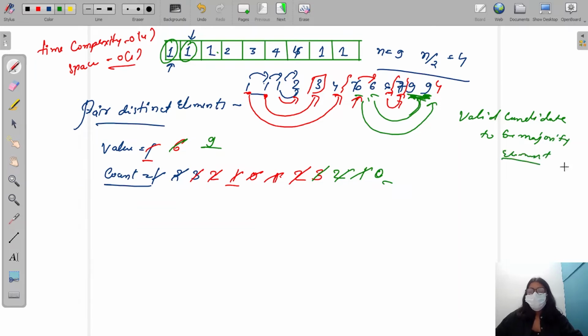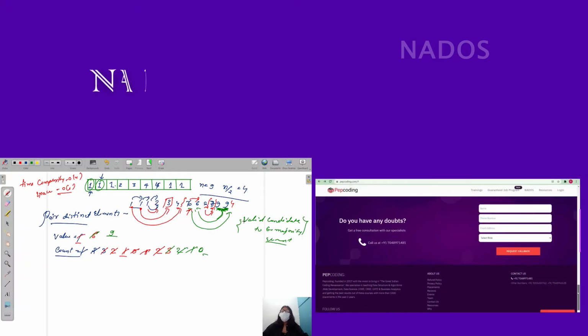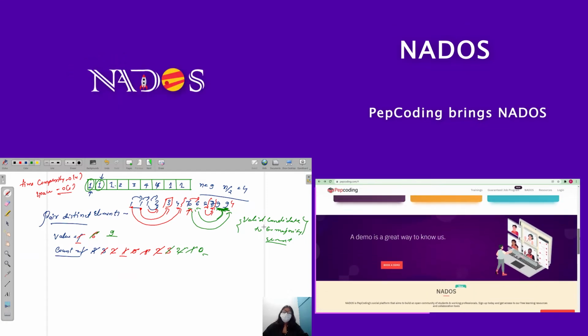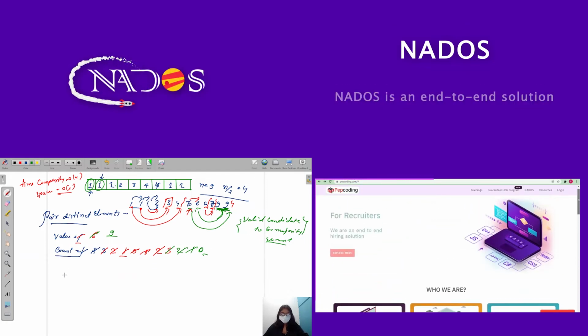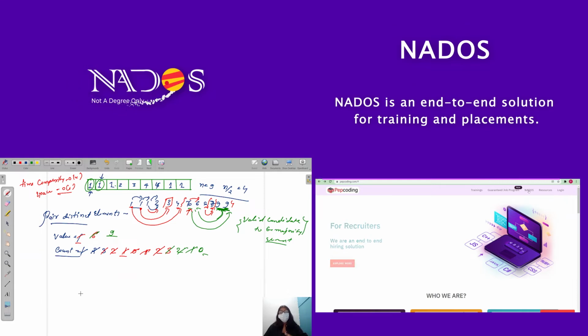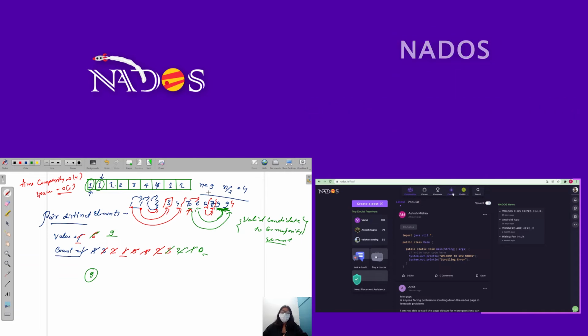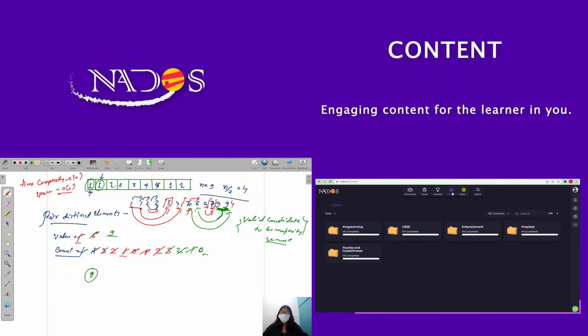Okay, so I have found a valid candidate to be my majority element. I make a method which returns me a valid candidate to be my majority element. Suppose it returns me 9. Now my n here is equal to what? My n here was 1 2 3 4 5 6 7 8 9 10 11 12. Okay, my n was 12, so my n by 2 is going to be equal to 6.